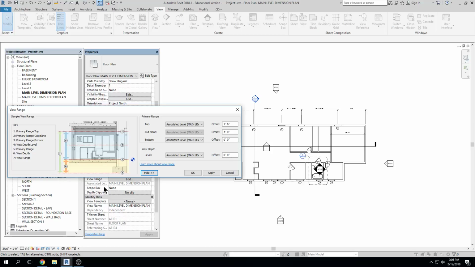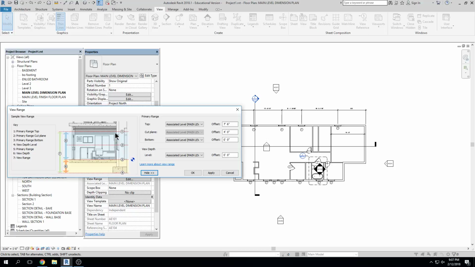So if I look at this little graphic here, I have what we call the primary view range. And that means that my floor plan is cut at 4 feet. I can see 0 feet below that 4-foot mark. So from main level, right? So if this is my main level right here, from my main level floor, okay, up to number 2 is that 4 foot,